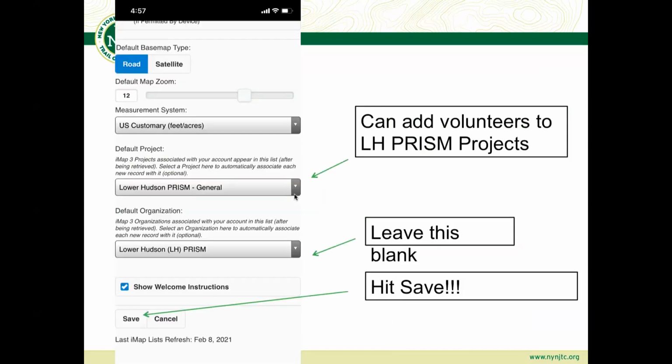We can add volunteers to LH PRISM projects. So if we do, like in this example with our trail survey project, we can have a specific project that's associated with those reports that come in. If we have a volunteer working with us on these trail surveys, any report that goes in can be funneled directly to a Lower Hudson PRISM project, like the trail survey project, if you so choose. And there are directions on how to set this up initially,